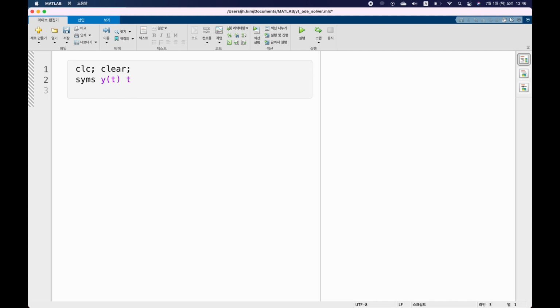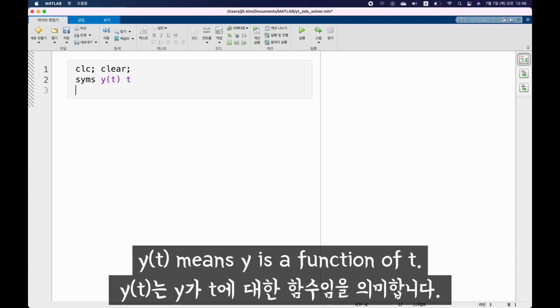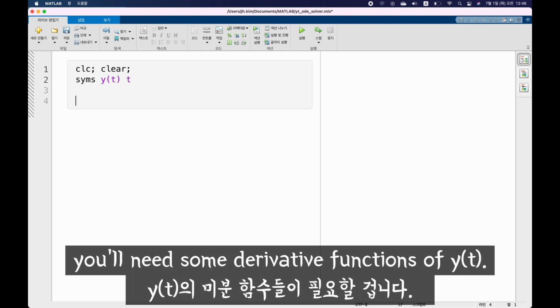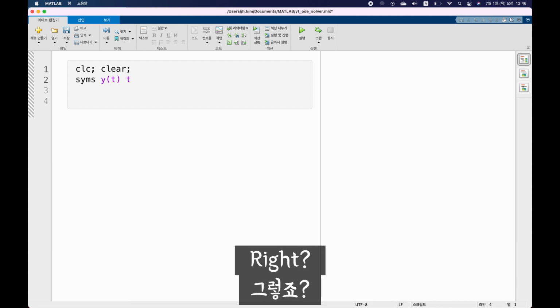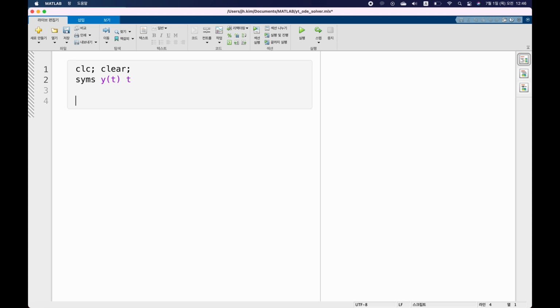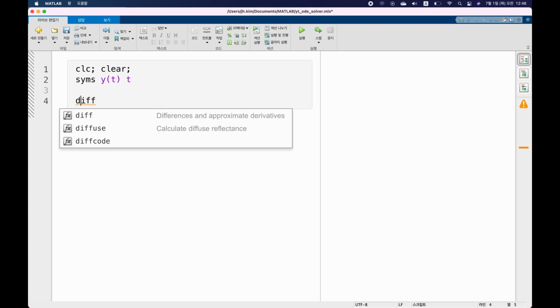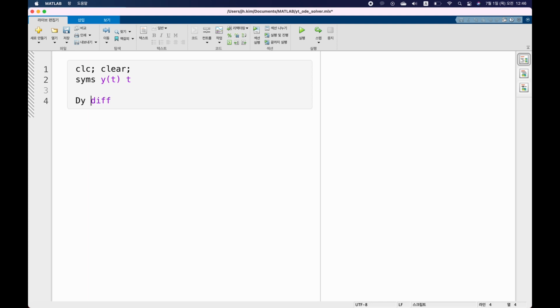And y(t) means y is a function of t. To define an ordinary differential equation, you will need some derivative functions of y(t), right? For this you can use the function diff. So dy is equal